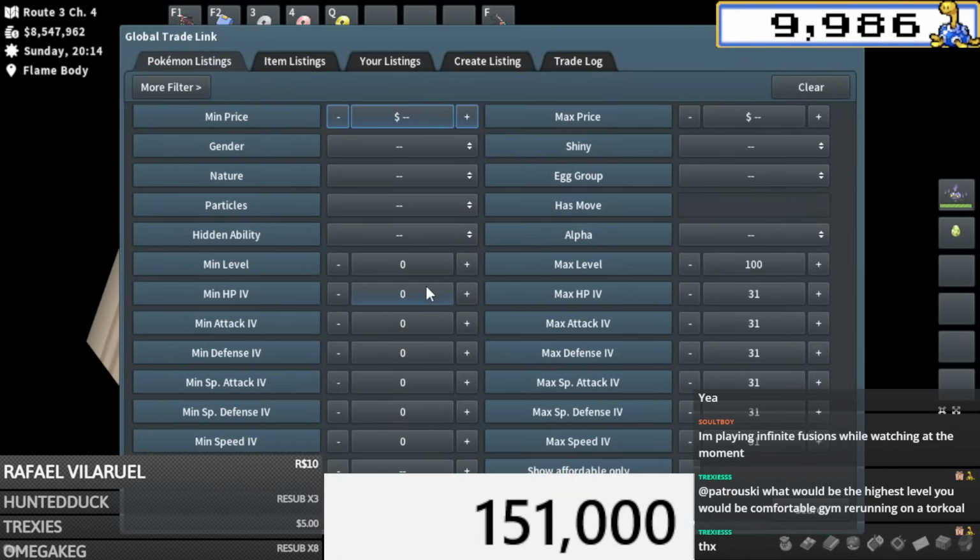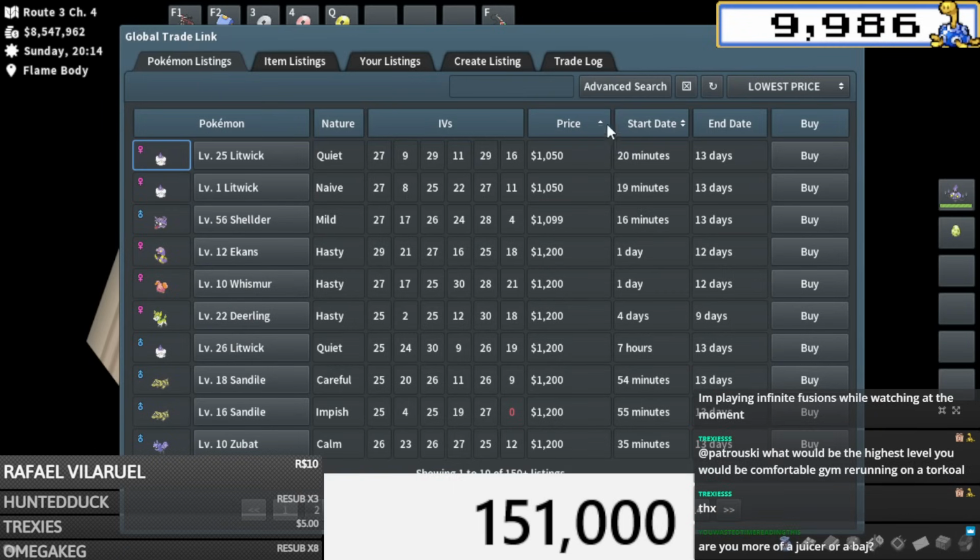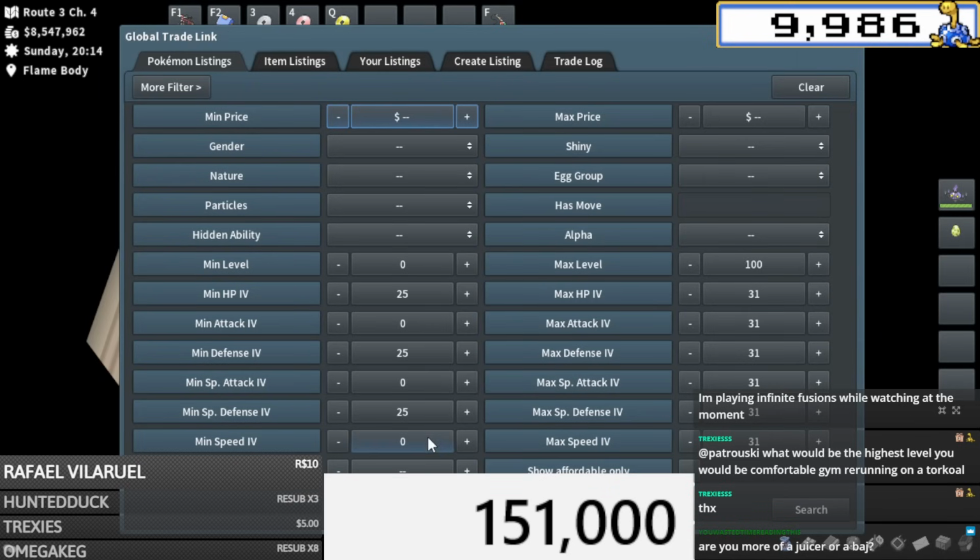All right, next up, let's look for general flips. I am just going to do the most general stuff. The most general flips. Wait, these Litwicks feel really cheap for what they are. Did I not do... Here, let's do like...